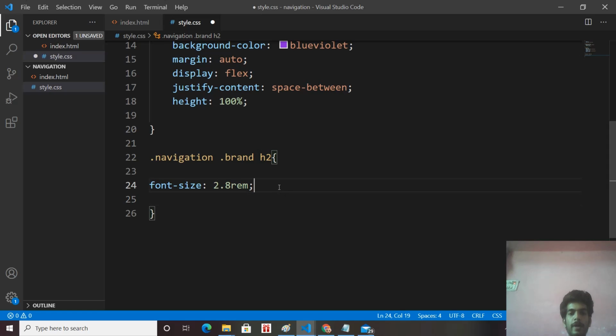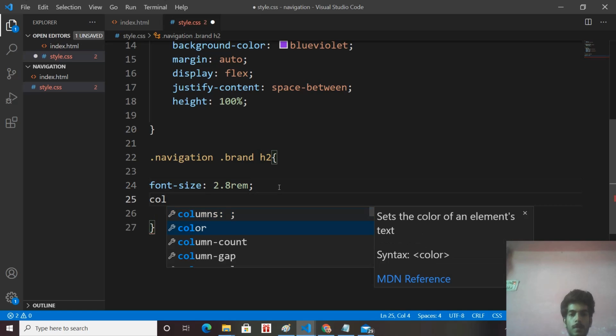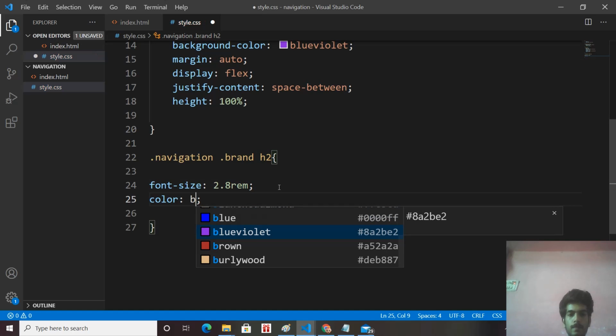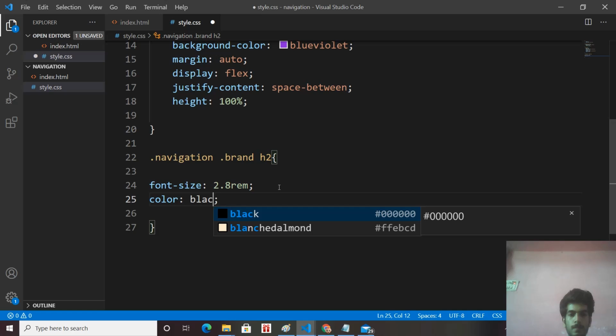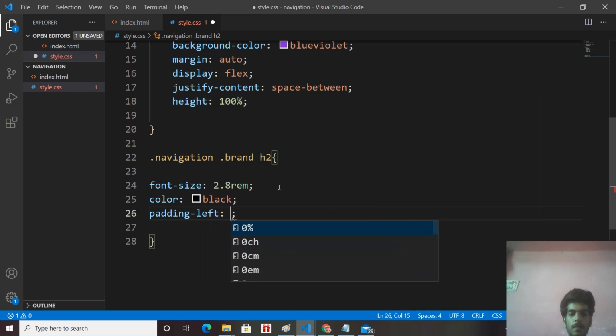Font size is 2.8 rem, color black, and padding left 0.5 em, and padding right.